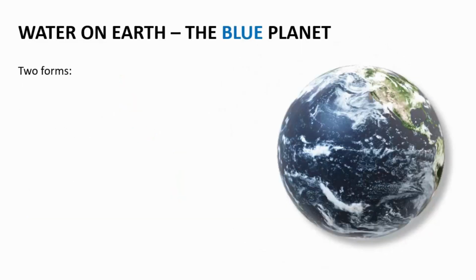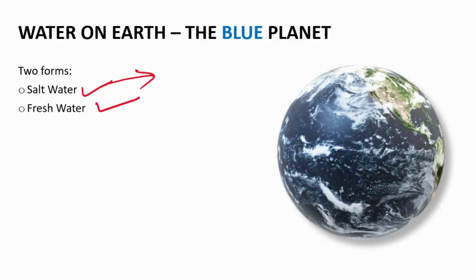Let's start. First of all, water on Earth. We all know that the water on Earth is in abundant form and that too in liquid form as well. And also our planet is called the blue planet, the reason being that it appears to be blue as seen from outer space. Water on Earth exists in two forms as far as its chemical composition is concerned. It can either be salt water or fresh water. Now salt water is nothing but fresh water but with a lot of minerals in it.